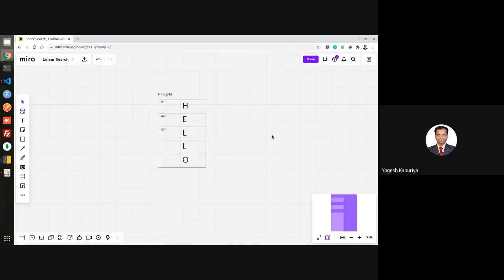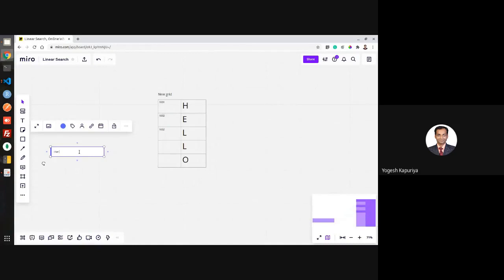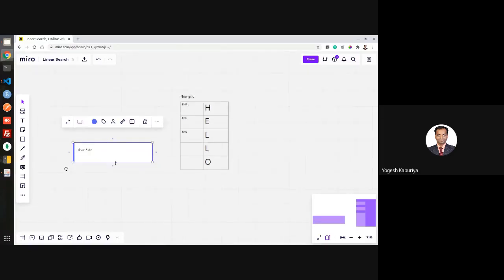So let us say you are creating a string variable which contains hello. If you want to create something like this, you will write something like char star str. So this will be your initialization, right? What this means is that your str is actually a pointer to character.